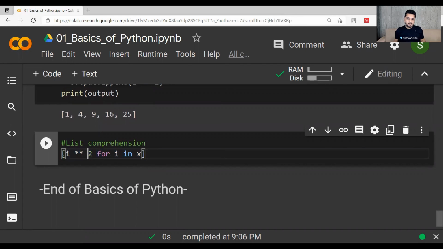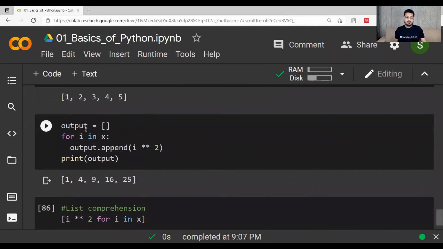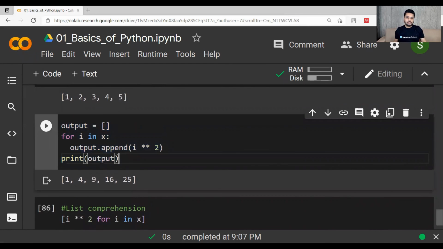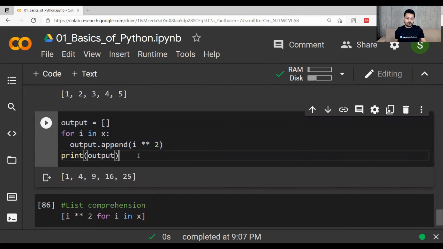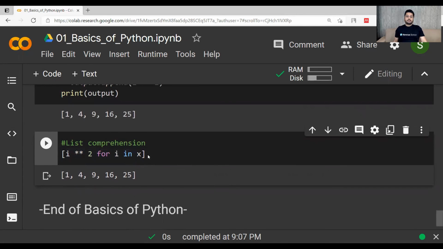Within this list, you can do in a single line the same thing which was being done in the for loop in the last 4 lines. So these 4 lines can be shortened to this single line, and the output will be given as 1 4 9 16 25.